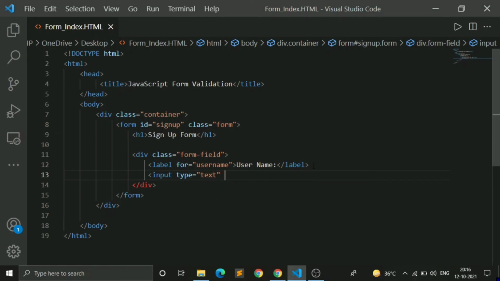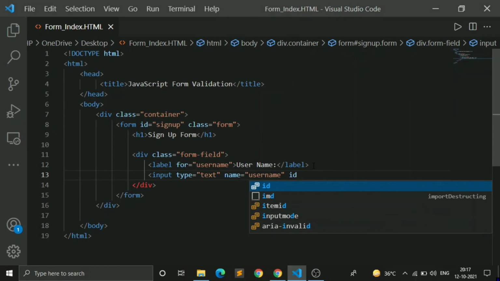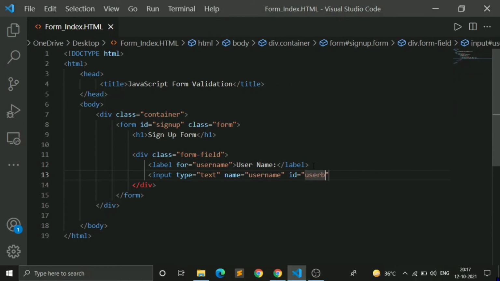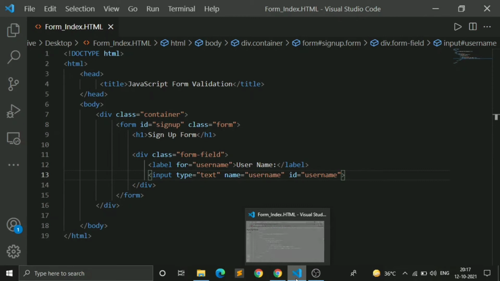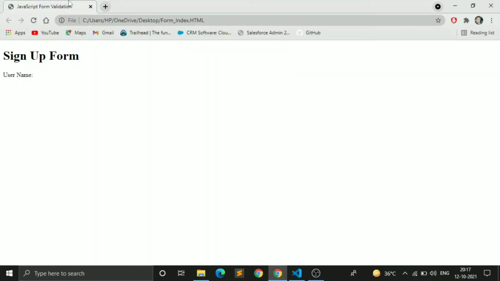And next name is username, and I will give an ID as username. Yeah, I think this will create an input field. So yeah, it is created.